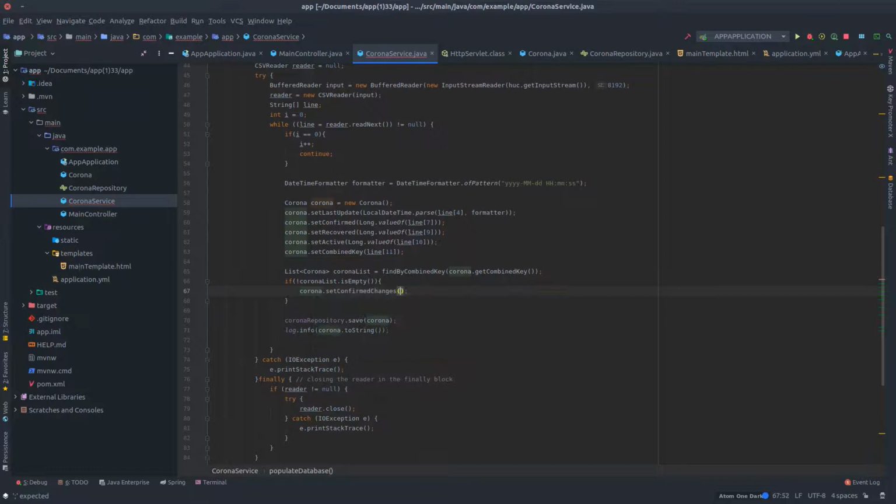set confirmed changes, and we're gonna get confirmed and then subtract the latest from that list. Corona.get, and we're gonna get the latest. So this is gonna be corona list dot size. So this way we're gonna be able to tell the proper index of it and get confirmed. Okay, so we're subtracting from the current confirmed number the last object from this list,